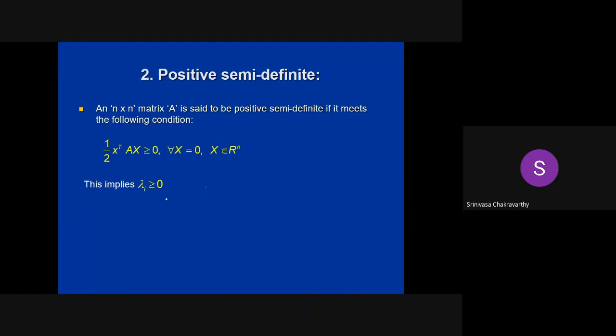Similarly, if all the eigenvalues are greater than or equal to 0, it means some eigenvalues can be 0, which means in some directions it will be going up, and in some directions it will remain flat. So lambda greater than 0 looks like this, and lambda equal to 0 looks like this. That means the corresponding quadratic form would be greater than or equal to 0, even when x is non-zero. For some x's it can be 0 because some eigenvalues are zeros. In this case, the matrix is called positive semi-definite because the function will be greater than or equal to 0.